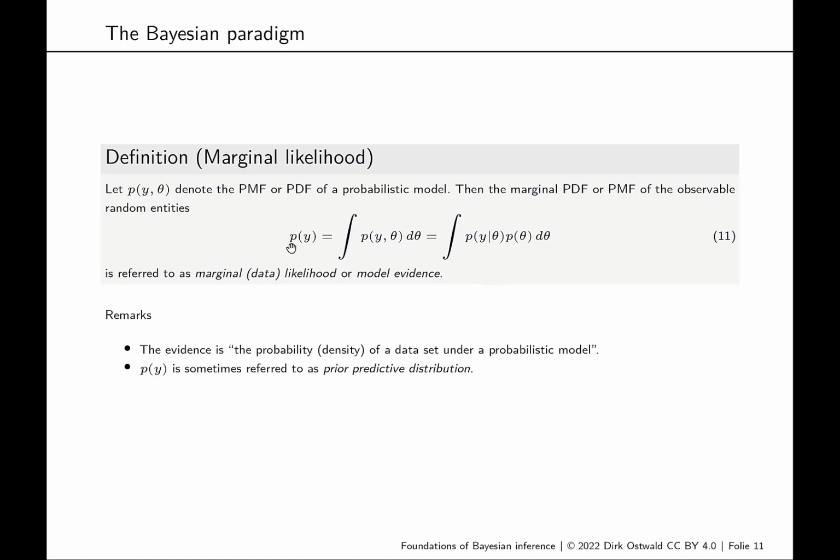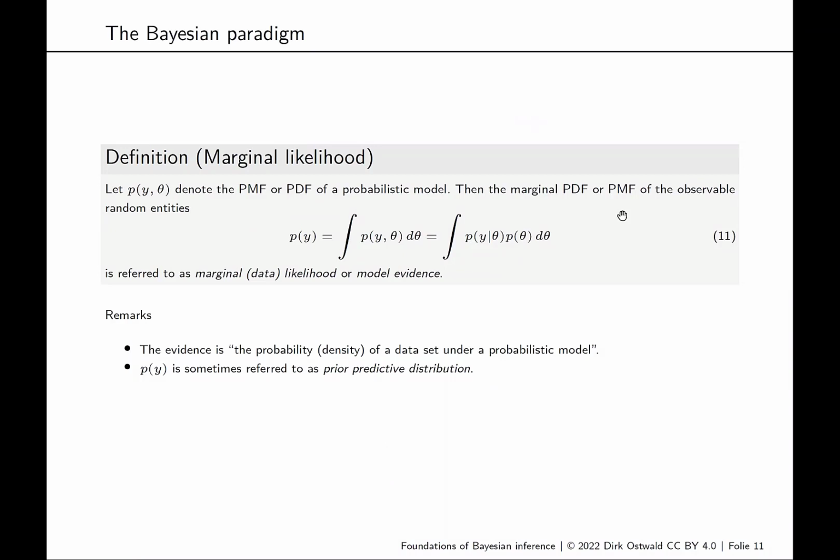And this marginal likelihood is, first of all, the thing that's in the denominator in Bayesian inference. So it's this normalization constant. And be aware that if you have an observed data point, this is a number, right? So that refers to the probability density of your observed data under this model. And this might be 0.27, or 3 or something like that. So it's nothing fancy, it's just a number. It's this